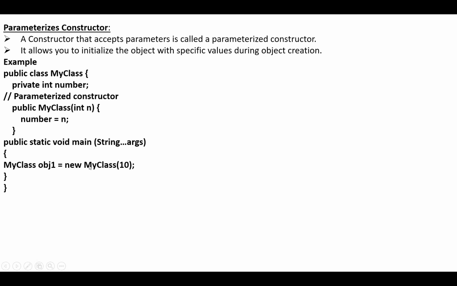We are creating the object of the class, new myClass. When this code executes, the constructor is called and the value 10 will be passed here. This 10 value is initialized to the data member of the class, number n. This is known as a parameterized constructor. That's all about